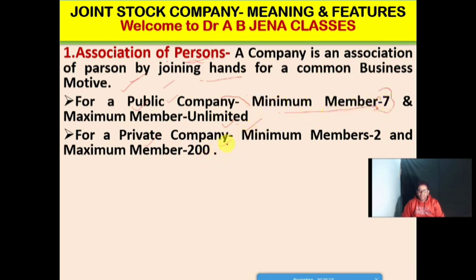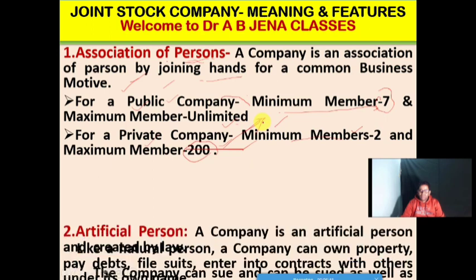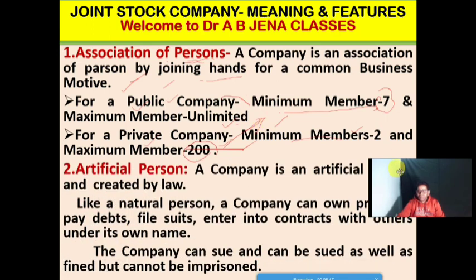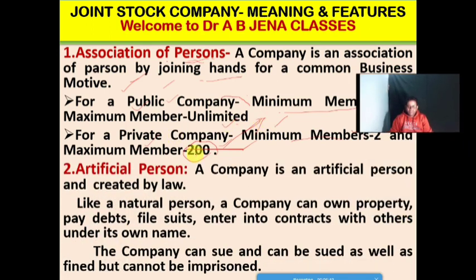To start a private company, the minimum number of members is 2 and the maximum is 200. Friends, you have to remember this, because you will definitely get it in your term examination as a short type of question. So, next one. The key feature of a joint stock company is the active